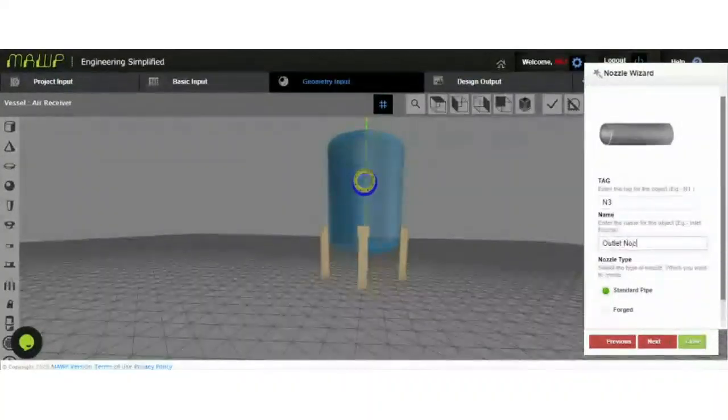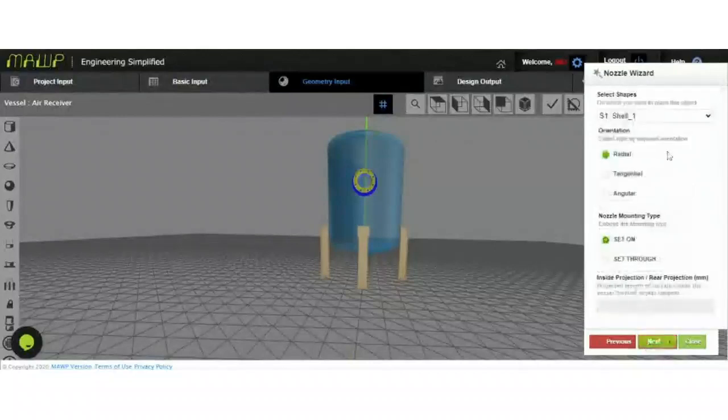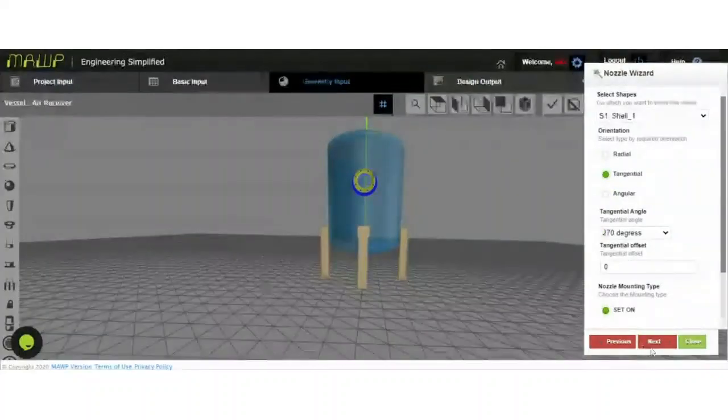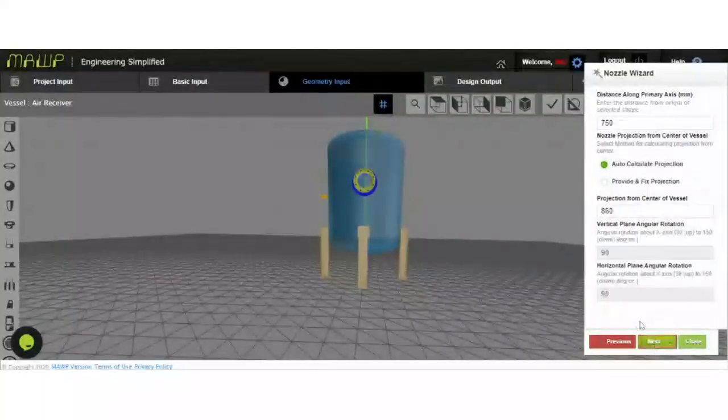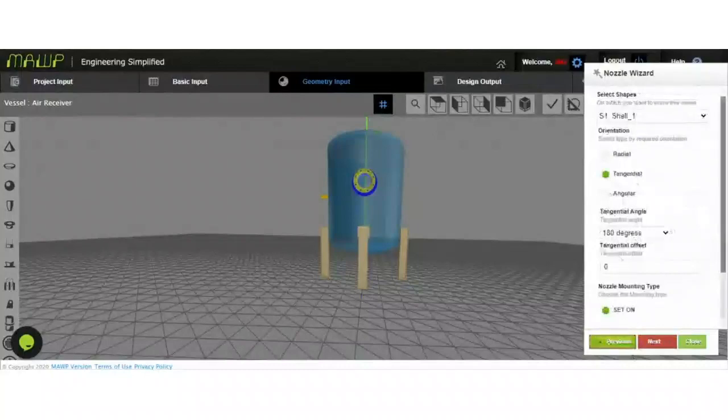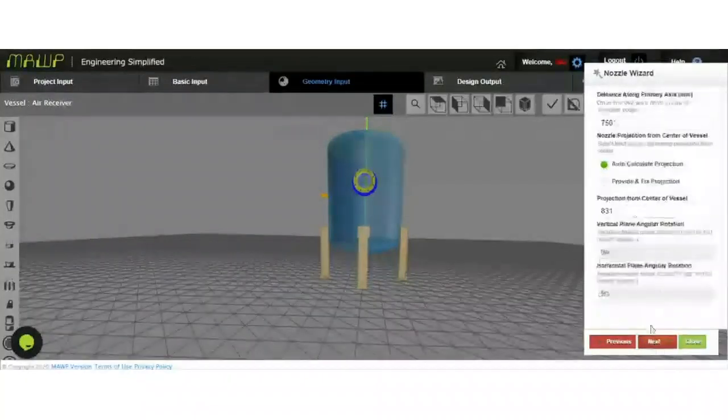we'll go for another nozzle. Right now we'll go for the tangential. So the axis will be, let's keep it 750. Doing an offset, okay.